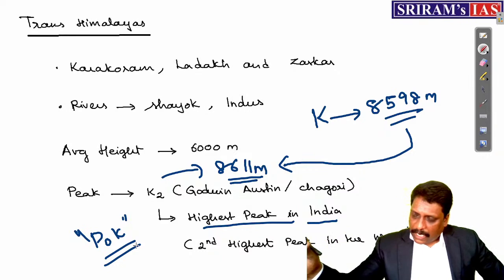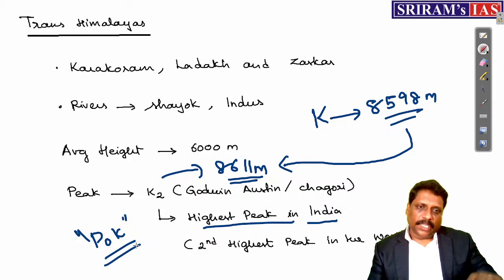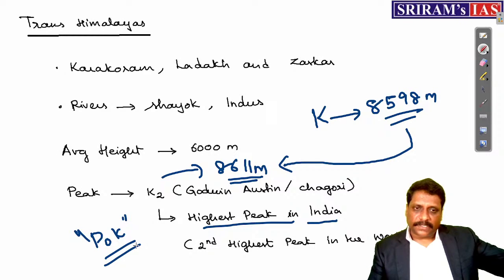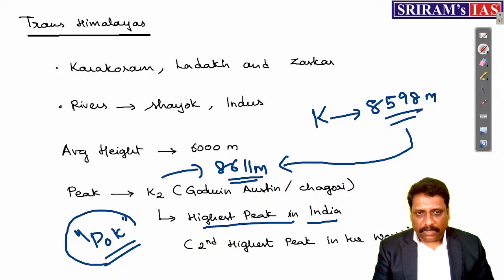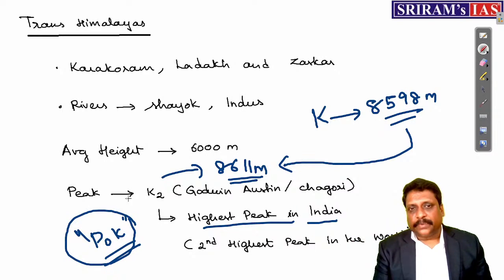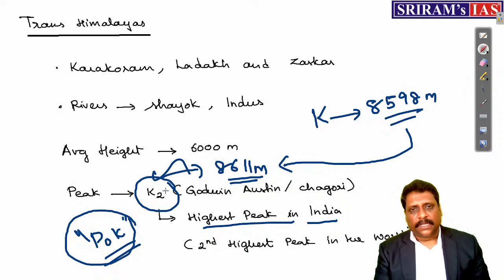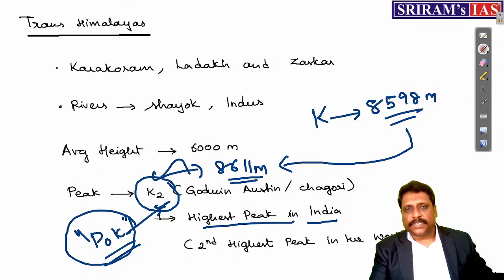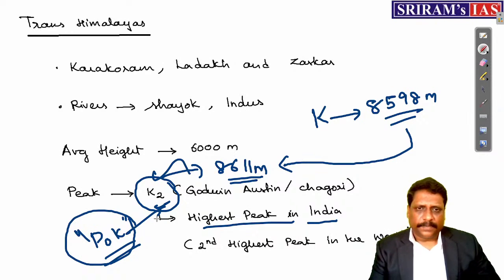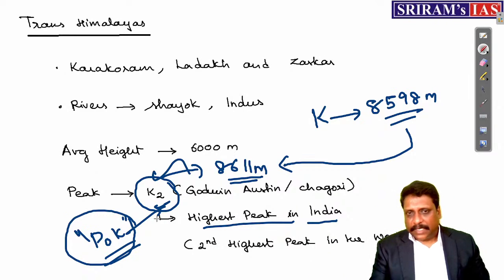See, simple logic. If I do not regard K2 as the highest peak in India, it means I am considering POK as an integral part of Pakistan, which itself is wrong. If I believe that POK is an integral part of India, then without any second question, I should take the fact that K2 is the highest peak in India. So let's not have any debate or confusion in this. K2 is there in POK, and as a patriotic Indian, I feel POK is very much part of India. See, what is practicality and all, you leave it. Emotionally, we believe it.